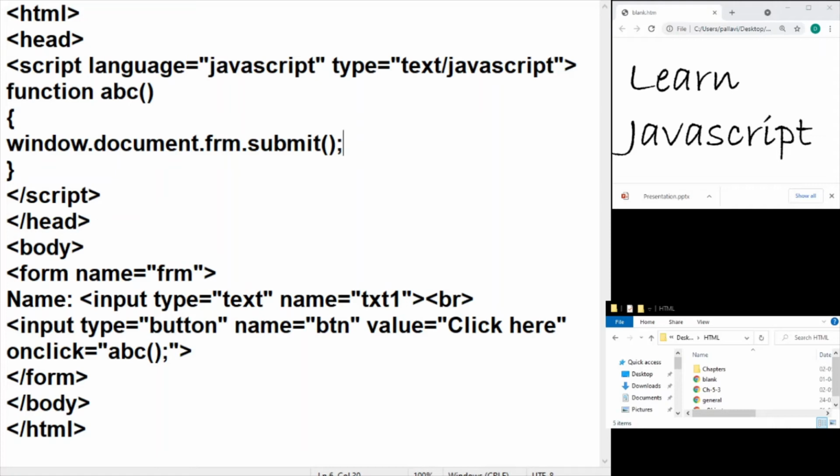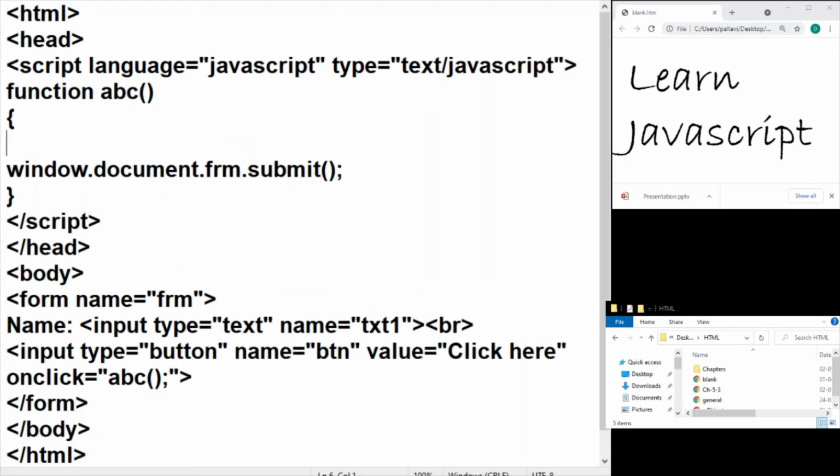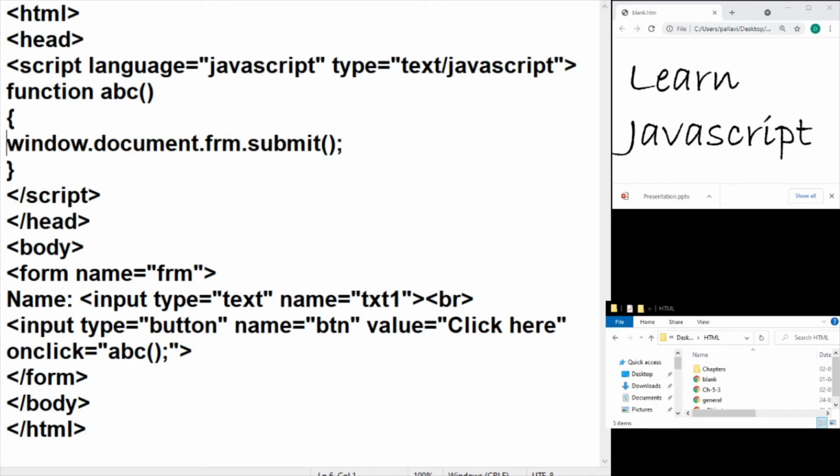Now, the normal button is basically used in situations where you want to do some coding, some manipulation, some validation, some changes in your layout, and then you want to do some submission. So this is the place where you will be adding all your coding. Let's say you're doing the validations, put in all your validations here, and then if the validation succeeds, you might want to submit your form. So you can put this in a decision making statement and make sure that submission takes place only when your data is correct. So let us see how this goes.